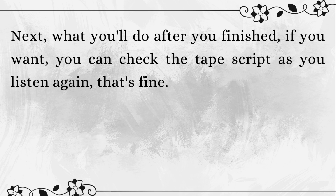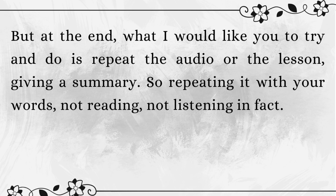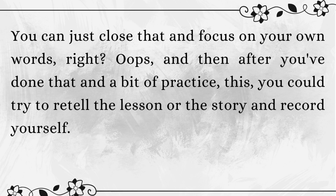Next, what you'll do after you finished, if you want, you can check the tape script as you listen again, that's fine. But at the end, what I would like you to try and do is repeat the audio or the lesson, giving a summary. So repeating it with your words, not reading, not listening in fact. You can just close that and focus on your own words, right? And then after you've done that and a bit of practice,